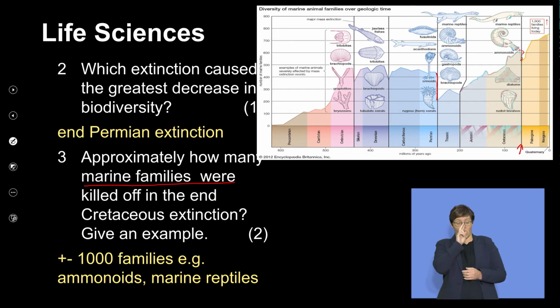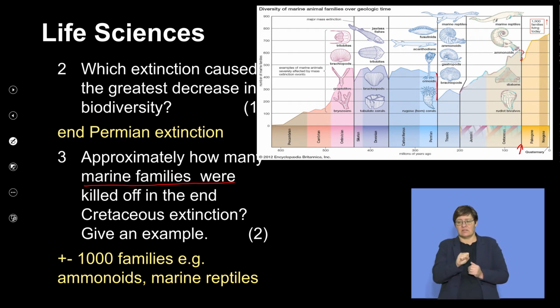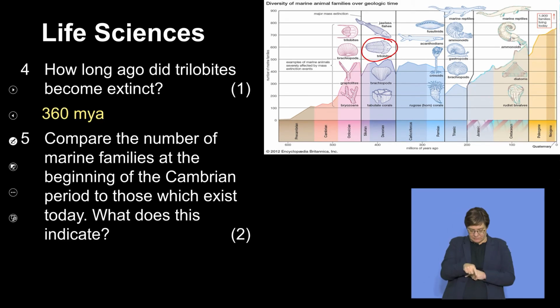So, if we have a look, it's probably about 1,000 families, and some of the examples were the ammonites, marine reptiles, etc. And you can get all of that information actually from the geological timescale. Then, other questions to see if you can read off what the timescale tells you. How long ago did the trilobites become extinct? You find the trilobites, and you have a look at when did the trilobites become extinct? Round about there,